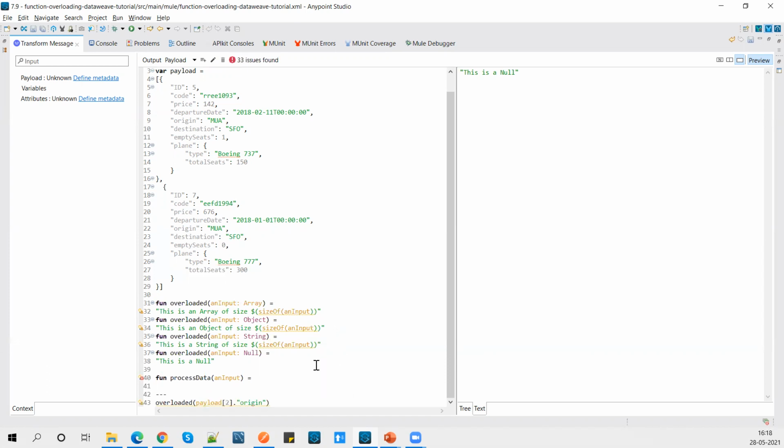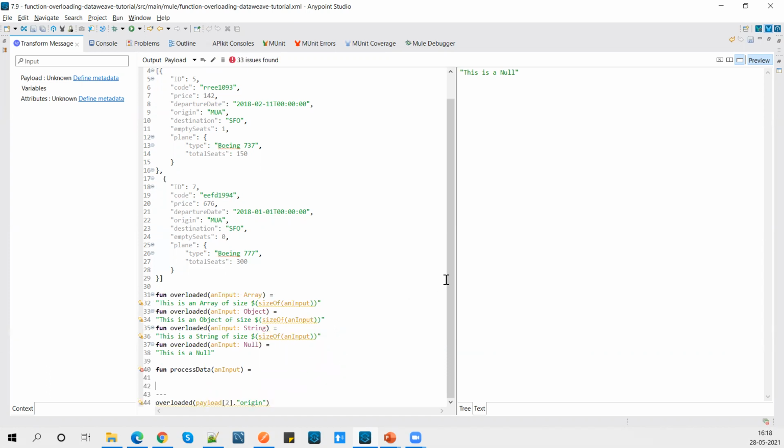Now if I go down, I say input with the match operator. So inside a match, you can have n number of case statements. Okay, so now I'll say that case is array. Then what I'll do is I'll print this part. Control C, Control V over here, and let's see.